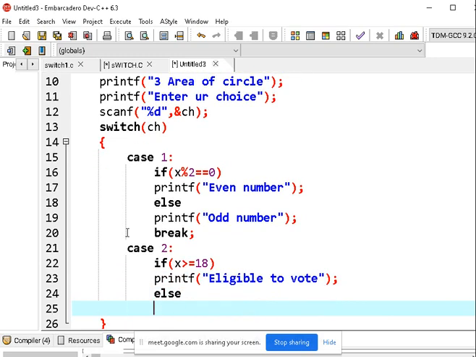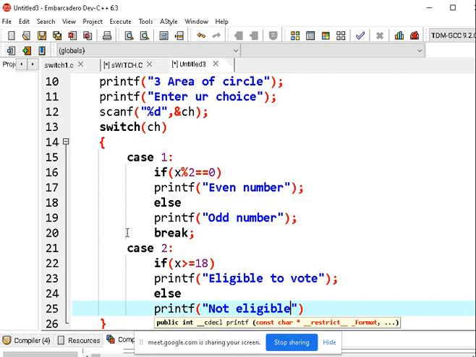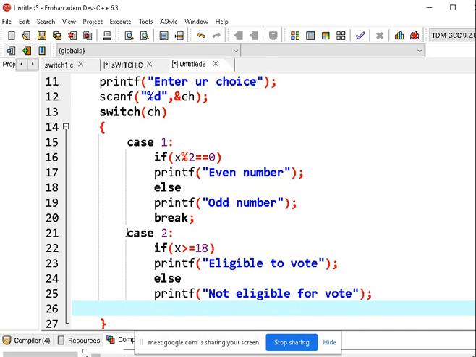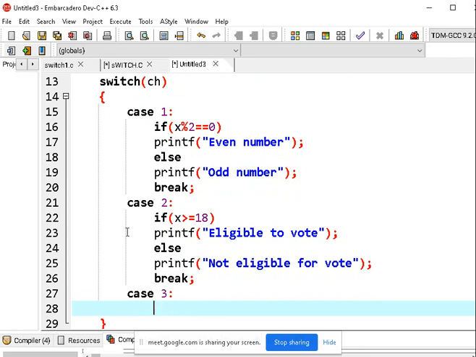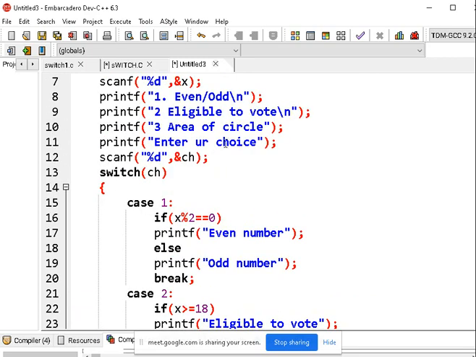Else printf not eligible for vote. So the second case code is done. I am going with break. Next case 3. What is the third case? You have to check area of circle.